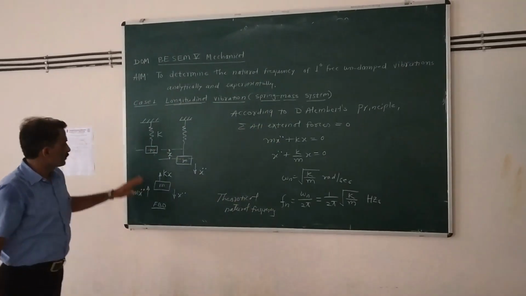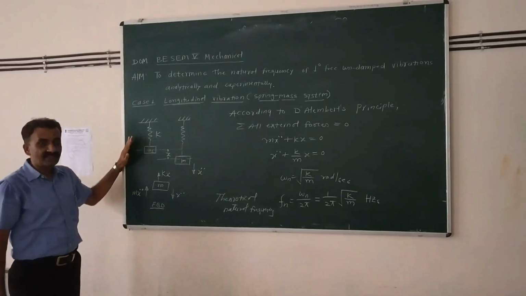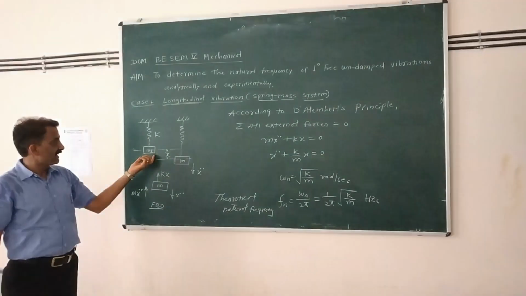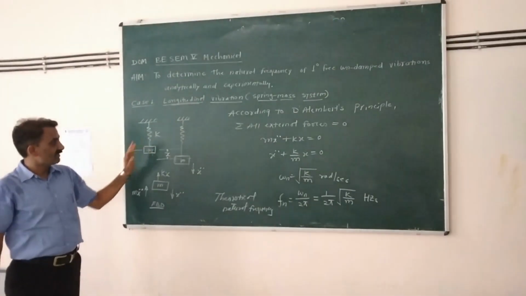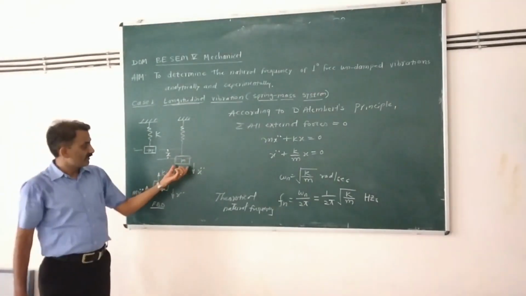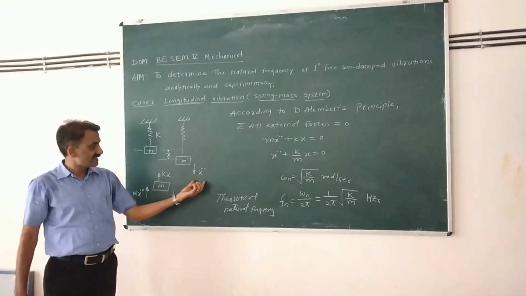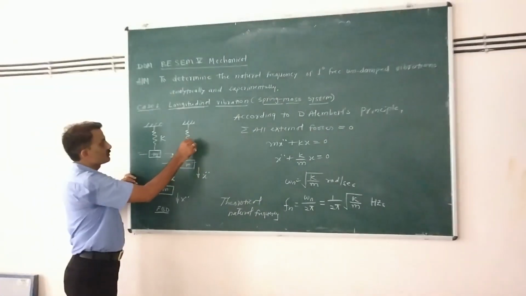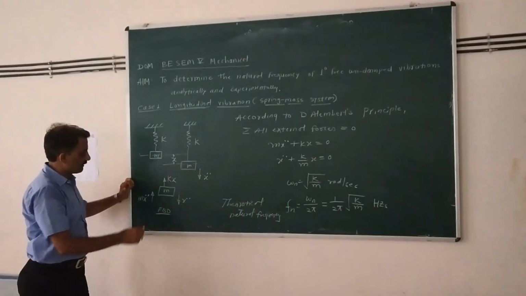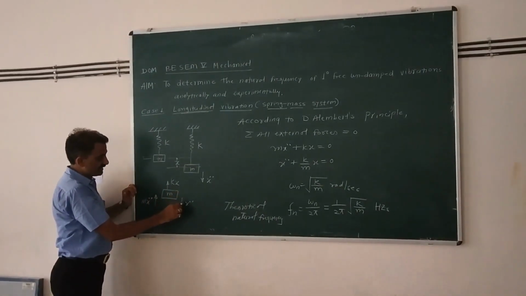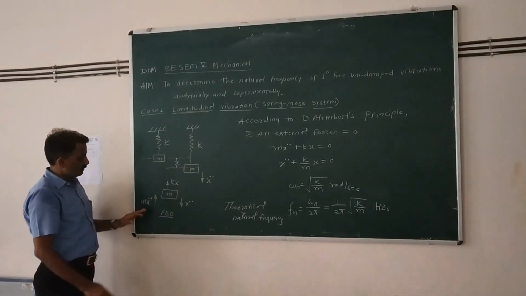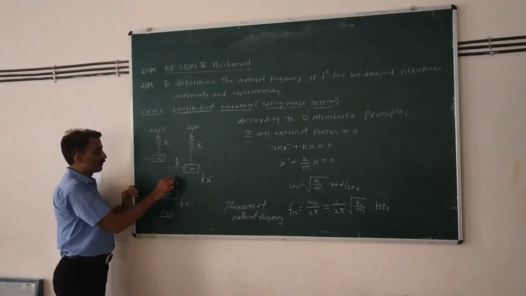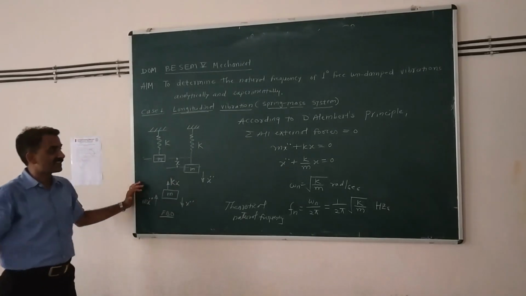system. This we have already discussed during the classes, where there is a spring and a mass is attached at the end of the spring, and the spring has the stiffness K. When we subject this spring to some acceleration, it gets displaced by an amount x. If you see the free body diagram, where acceleration is acting in the downward direction, the inertia force will act in the upward direction, and this is the resistance provided by the spring, which is called Kx.